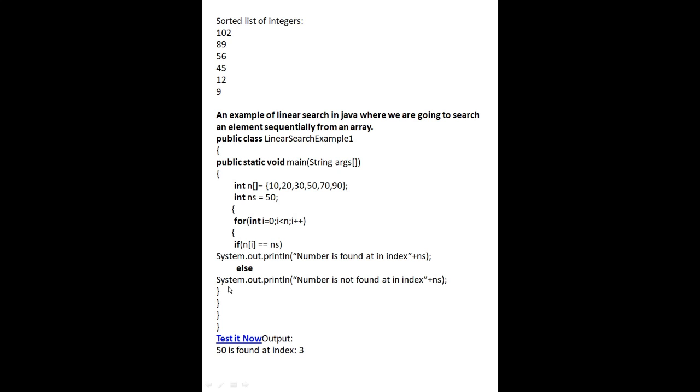Then the brackets are closed. Test it now. Output: 50 is found at index 3. Index 3 means that when we are finding the number, the memory location starts from 0: 0, 1, 2, 3. So the position of 50 is at the third index.